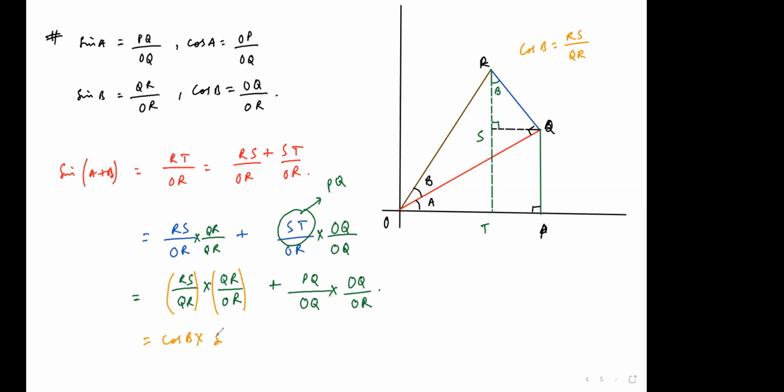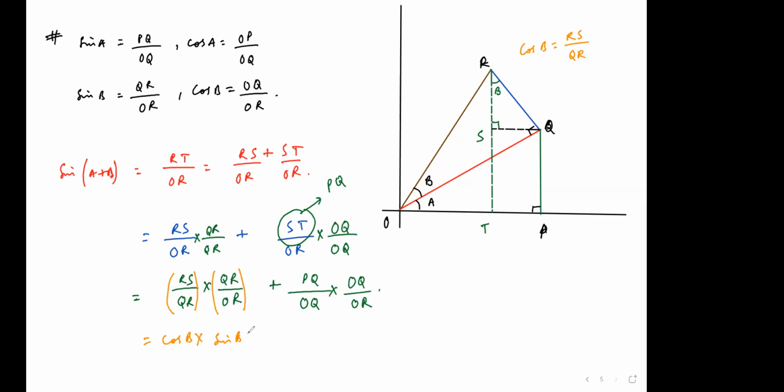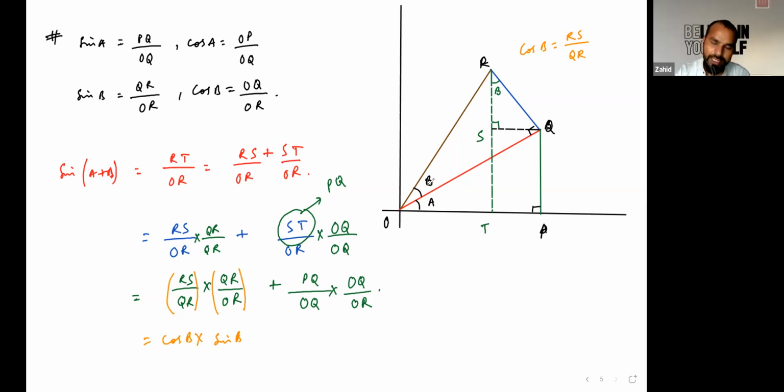So it would be sine of angle B or A? I have written something wrong. It should be B. For this particular angle it is perpendicular over hypotenuse. Okay, sine B